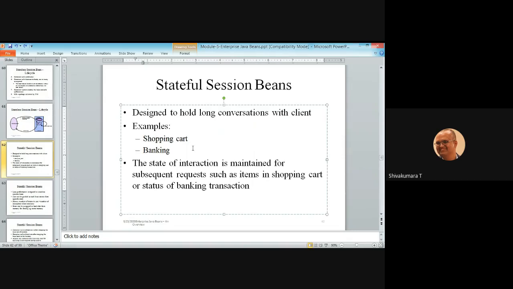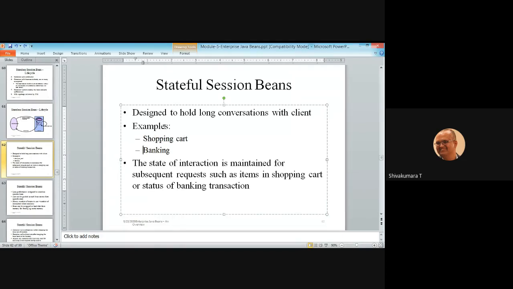From login, exploring the items, selecting the items, adding the item to the cart, then checkout, and finally log out, all these transactions exist within a time bound. So wherever the application needs time bounded conversations, then you go with the stateful session beans.